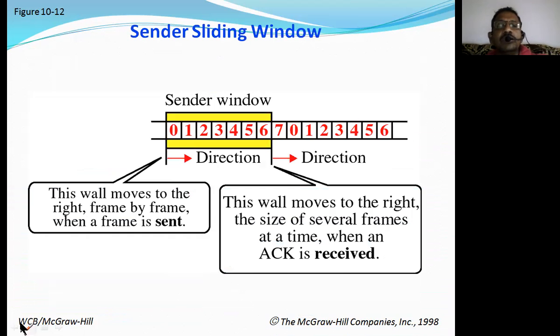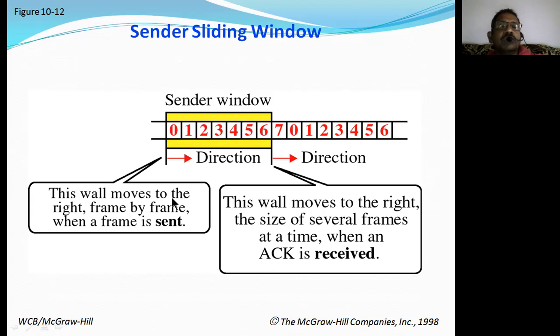Then in this window, let us see what we are going to have. At the sender side, you're going to have one window. At the receiver side, you're going to have another window. At the sender side, the data is transmitted in this direction, let us suppose, from left to right. Now the data here is going to move by frame. Once this window becomes empty, it moves one entire frame, one entire window, to the next window. Like that, the data is going to get transmitted here.